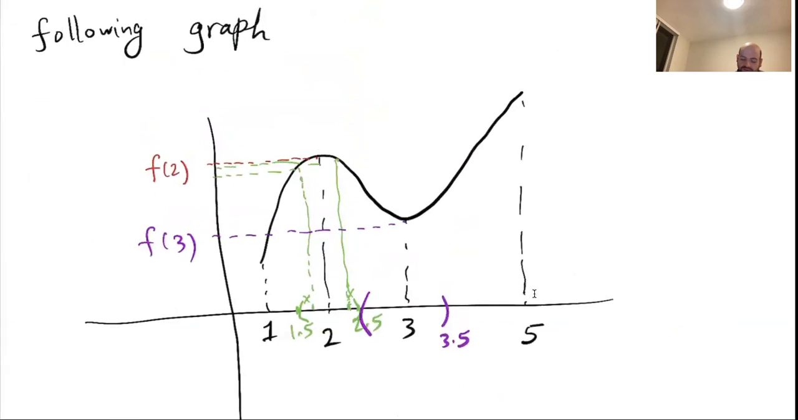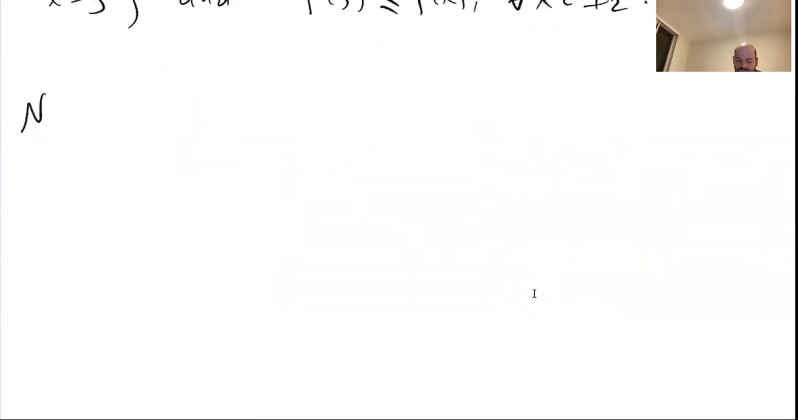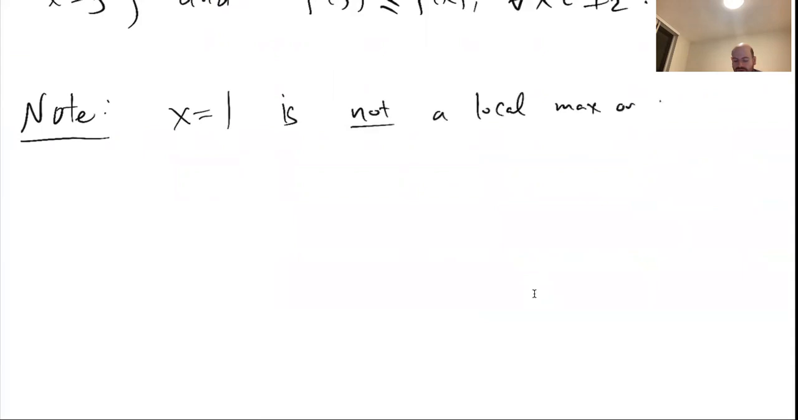So 2 is a local maximum, 3 is a local minimum. What do you think about 1 and 5? Can I say that 1 is a local minimum? 1 here is not a local minimum. Why is it not a local minimum? Note, x equals 1 is not a local max or min,